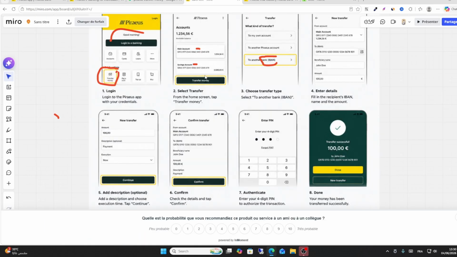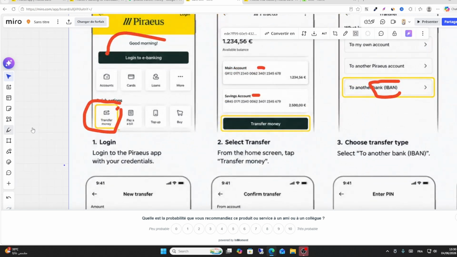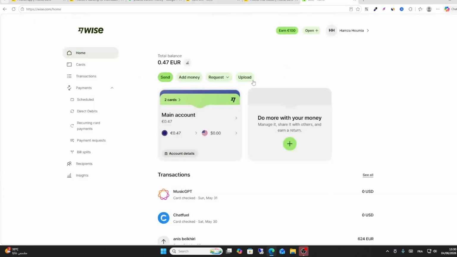You will see this dashboard on Piraeus. Click on transfer money in these steps. When you select transfer money, you will see this page. Click on transfer. If you want to use the IBAN, for example, to transfer to Wise, you should